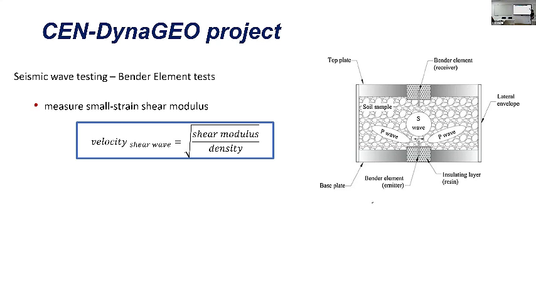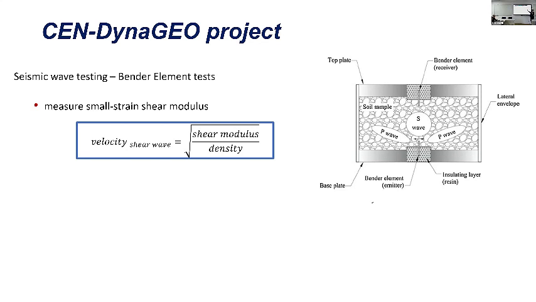a scheme of the experimental apparatus. The soil sample is set inside of a mold. Bender element is installed in the base plate, and an electrical signal is converted into a vibration. So the Bender element transforms the electrical signal into a vibration. This vibration travels across the soil sample vertically, I mean perpendicularly to the vibration, and also towards the lateral envelope. The wave that is traveling perpendicular is the shear wave, and the others that travel in the other directions